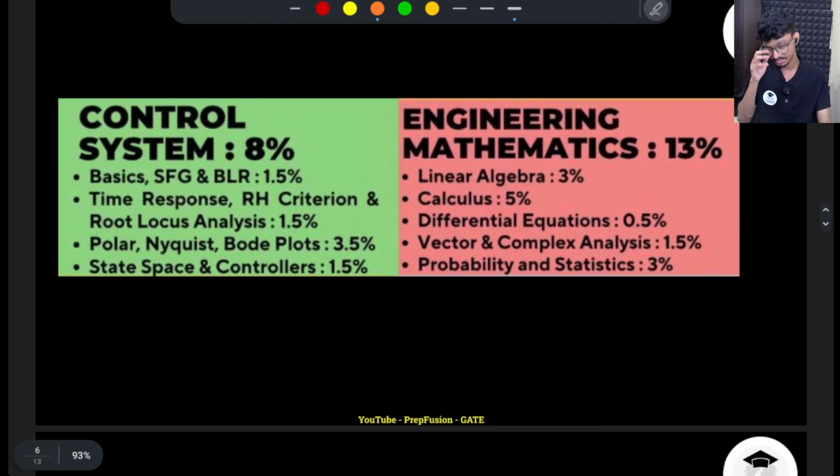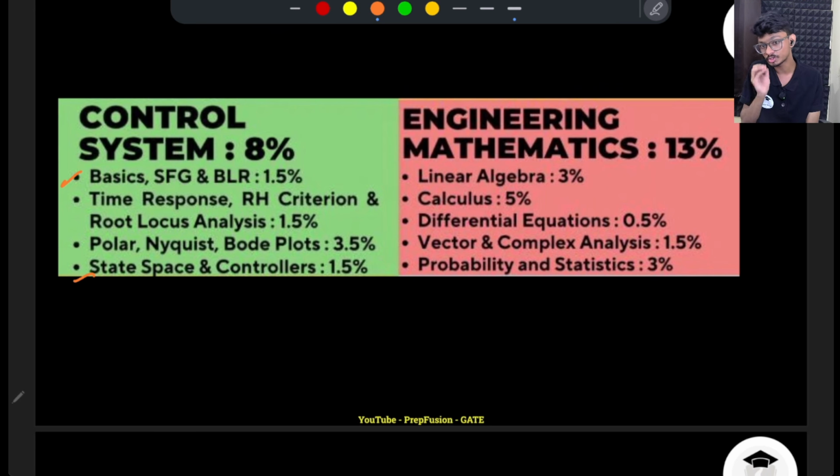Now let's come to the next subject, control. Again, control is a very, very important subject, a very high weightage subject. We have basics, SFG, BLR, time response, RH criteria. Here I cannot pinpoint a certain topic that is less important. What I can say is, yeah, state space and